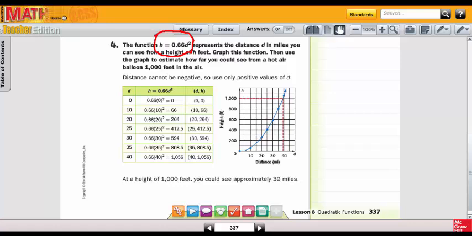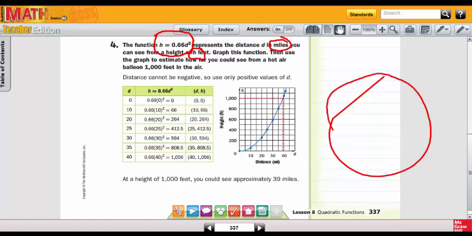In this case, d is the miles that you can see from the height of h. This is height in h. So in other words, because the Earth, remember, is round, if you're standing any particular place on planet Earth, the higher up you get, the farther out you can see. Whereas if I'm right here, I can only see to about here, etc. You get the idea. The higher you are, the further in the distance you can see because of the curvature